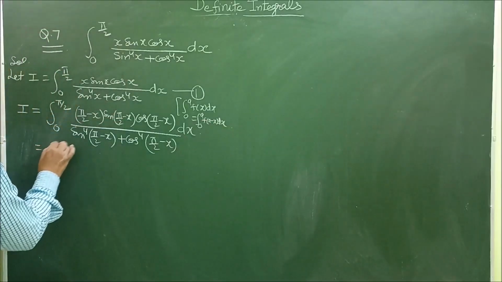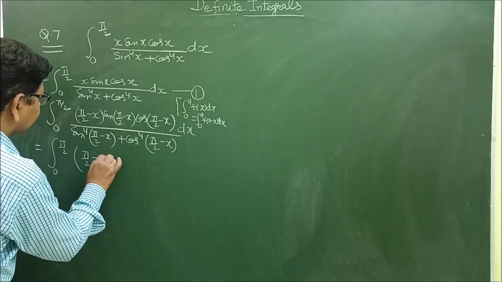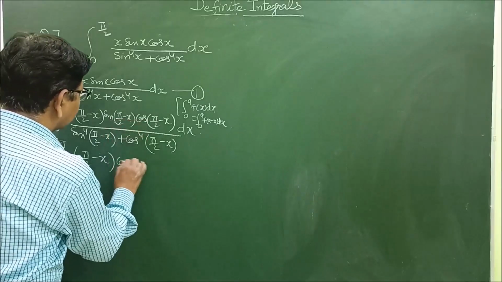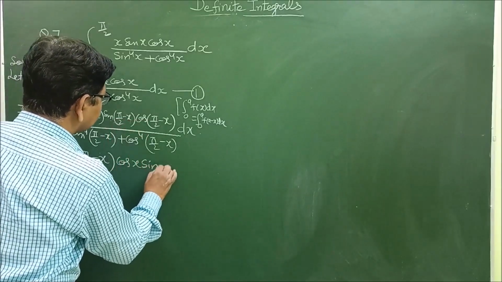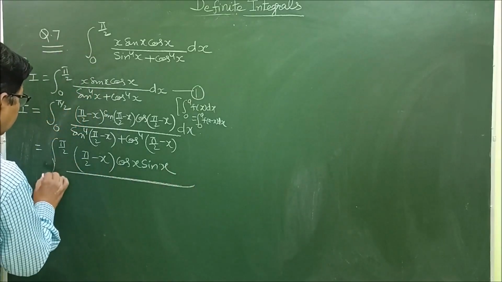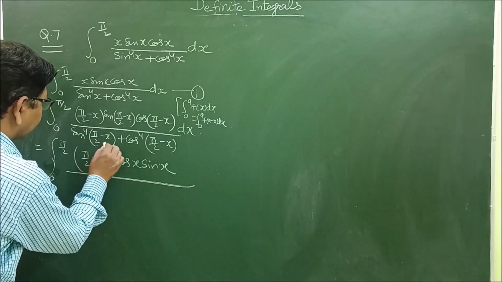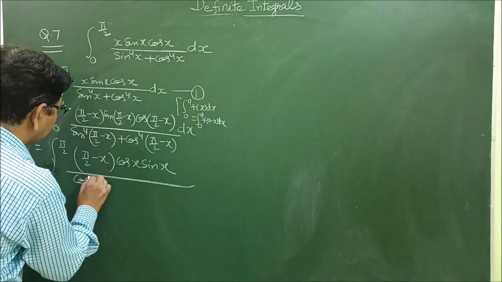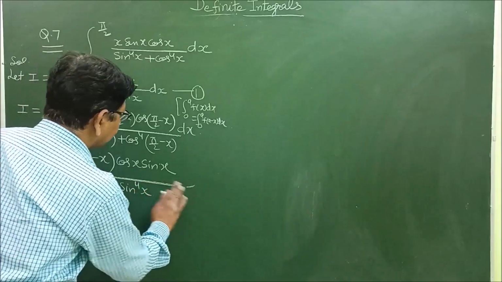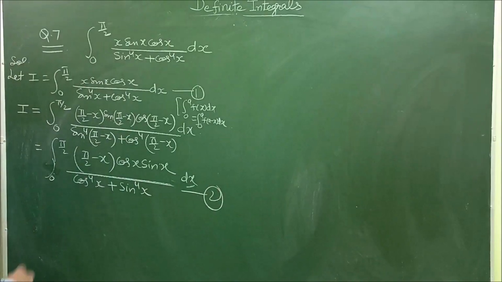Now on further simplification, integral 0 to pi by 2 of pi by 2 minus x, sin of 90 minus x is cos x, and cos of 90 minus x is sin x, upon, in the denominator, sin of 90 minus x is cos x, raised to the power 4 means cos raised to the power 4x, plus sin raised to the power 4x, dx. So this is number 2. On adding first and second,